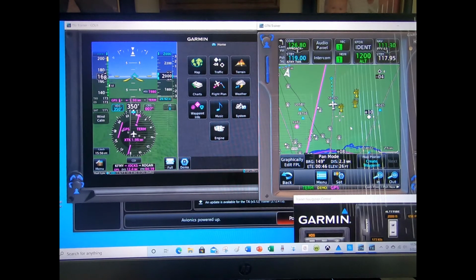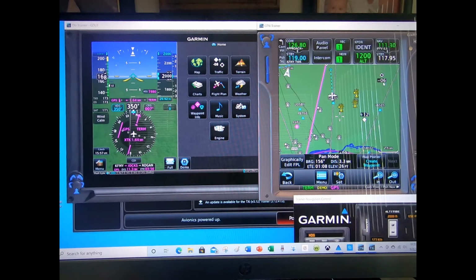So looking over here on the GTN 750, we see towers right here, tall towers, but they're not in red, they're in yellow, so we're above them, so we're okay. If they were in red, then we'd be within a couple hundred feet of them, and we would be in danger of hitting them. We also see the black boxes,